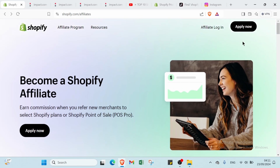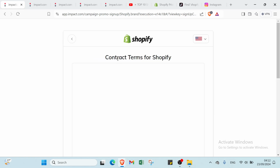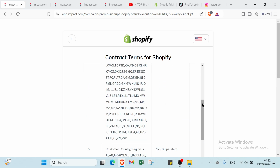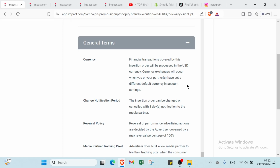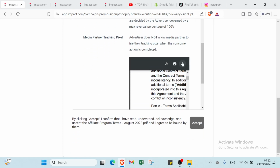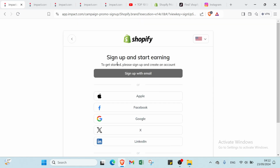So right now all I have to do is just click apply now. Once you do that, you will find the other page, which is apply to become a Shopify affiliate. Earn commission by referring new or established merchants to build their business on a Shopify store. So you click over sign up, and then we have your contract terms for Shopify. So all I have to do right now is just click over accept, and you'll find here sign up and